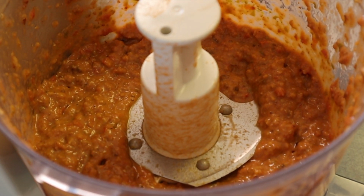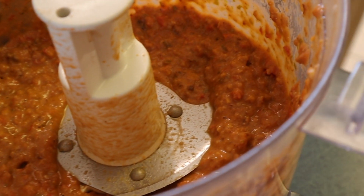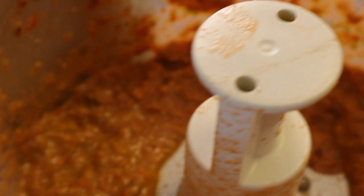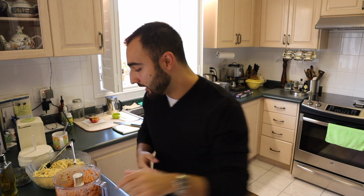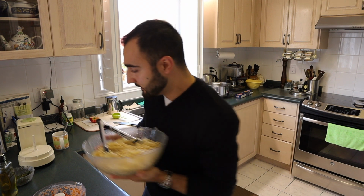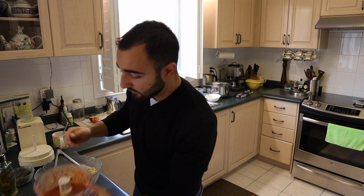And here we have the final product, our pesto alla Trapanese. Ma che bello! Done, just like that, done. So simple, so fun. The food processor really helps us out, makes us feel like we're even more chefs than we are. Allora, here I have my serving bowl with my al dente pasta, it's good linguine, and we're just taking